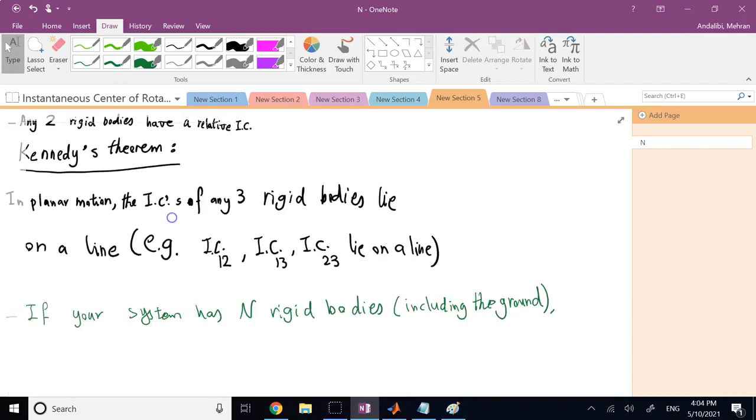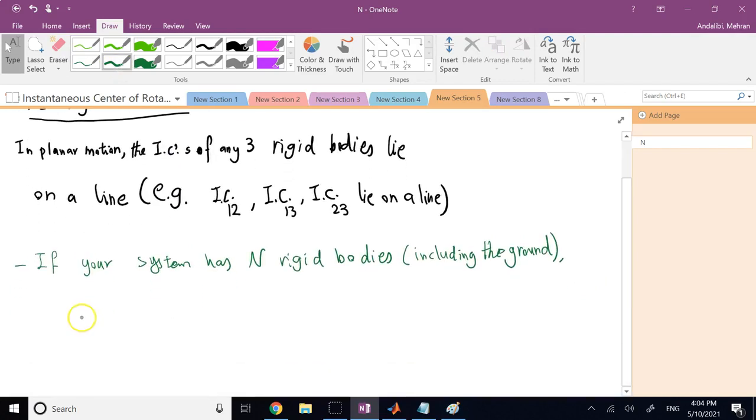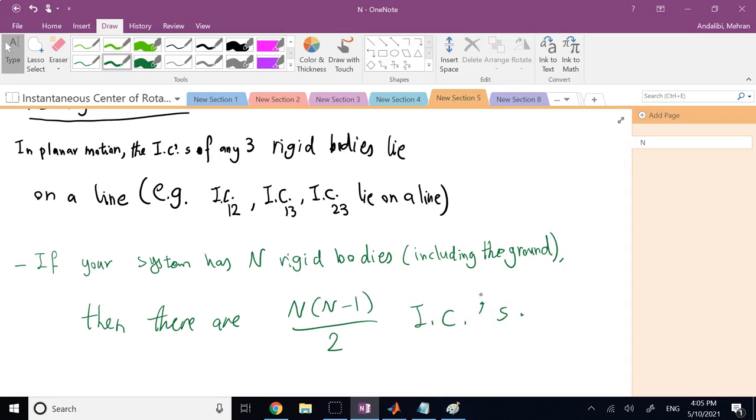If you have n rigid bodies in your system, then there are n times n minus 1 divided by 2 instantaneous centers that you can find. So if I go back to this example here,